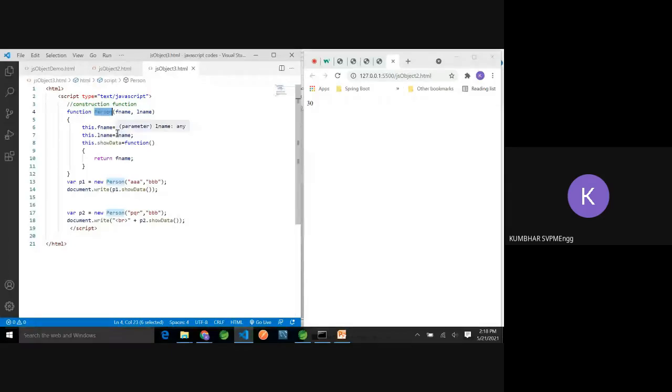Let's say this person class has two variables, fname and lname. So in this constructor we can set this.fname and this.lname equal to these passed values. So when I create the object of a person, this is one more way to instantiate.